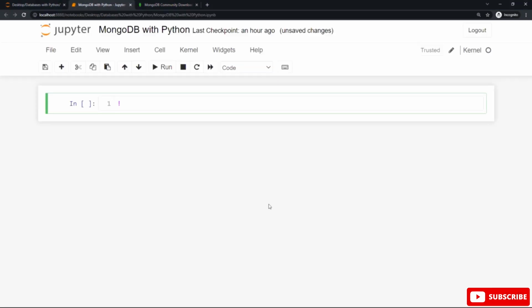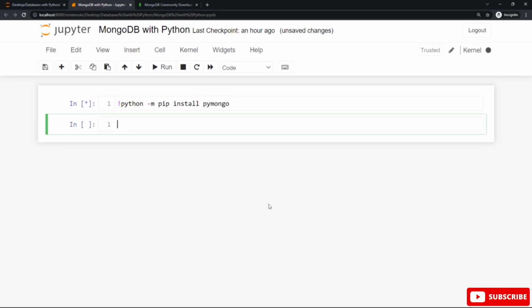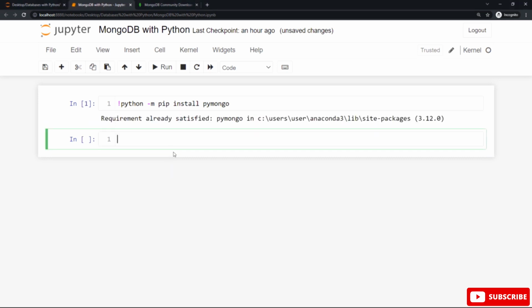Inside the Jupyter Notebook, type python -m pip install pymongo to install the MongoDB driver on our device. This will download and install the MongoDB driver to work with MongoDB databases in Python. Just use this command and hit shift enter, and after that you can use MongoDB with Python with no problems or errors.